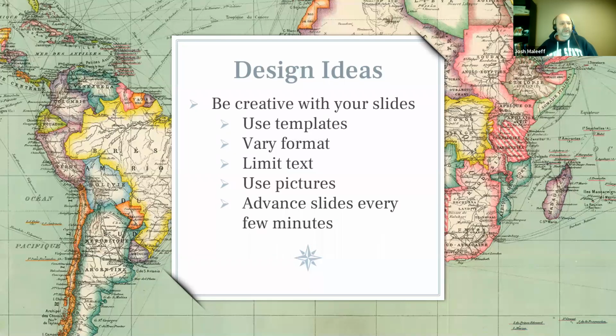The other thing too is you want to advance your slides every few minutes, or at least make some changes on the screen. Partially with these reveals that I'm doing, it helps because there's at least a little bit of a change. But as a rule of thumb, you want to have the screen changing and the slides changing every couple of minutes. There are different numbers on it. Three is a good rule of thumb. I targeted this at about an hour long, so I have about 20 slides. That's easy math there. That doesn't mean you have to stay on every slide for 3 minutes. You can stay on some for 30 seconds and some for 4 or 5 minutes.